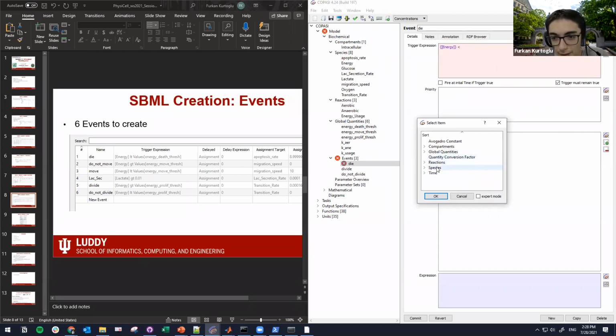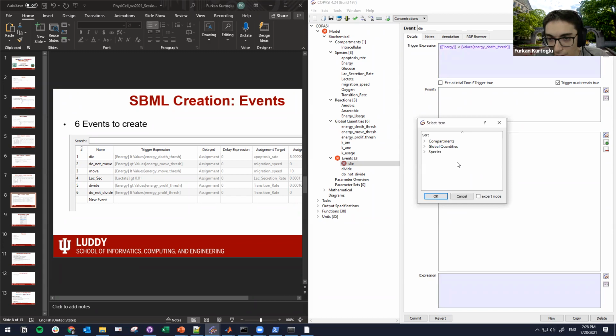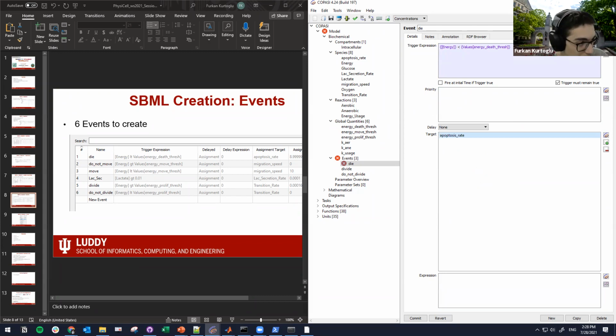If this is less than that threshold, which is 430, then the target will be apoptosis rate, and this apoptosis rate was,